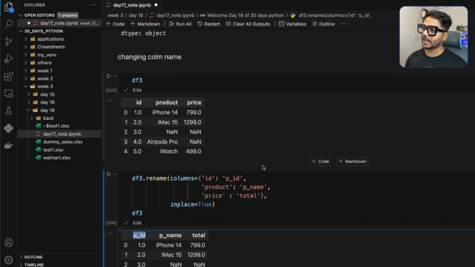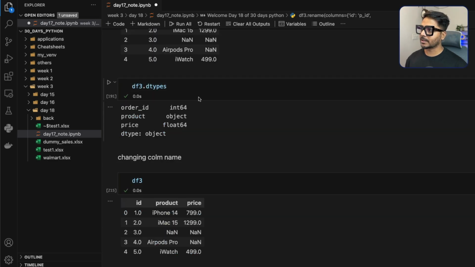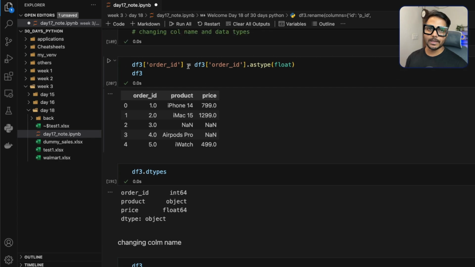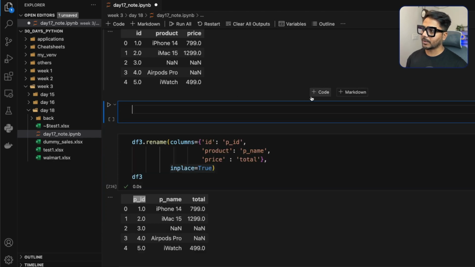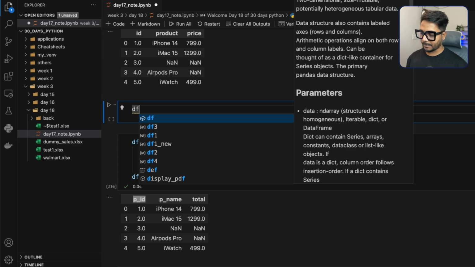types. Column data types you can change using astype, and you need to store it back because there is no inplace for that function. But here you have this inplace parameter. Using this inplace parameter, you can store it. Now whenever you want to know if there's inplace or not, you can just type the function,